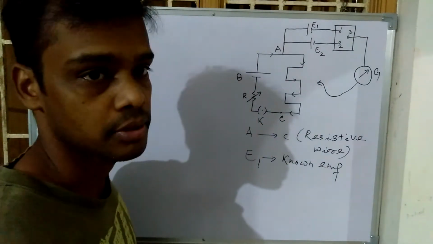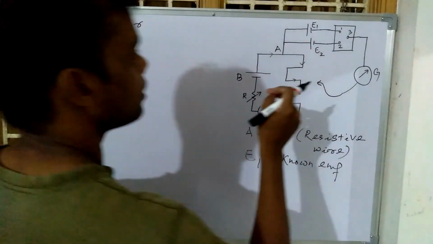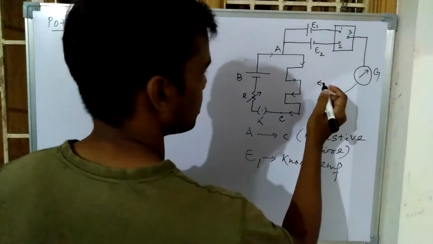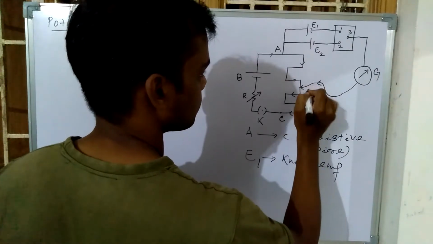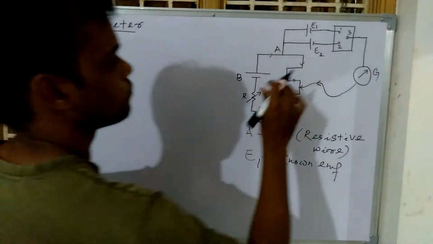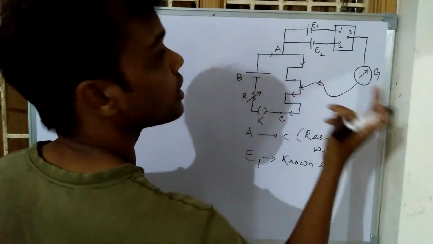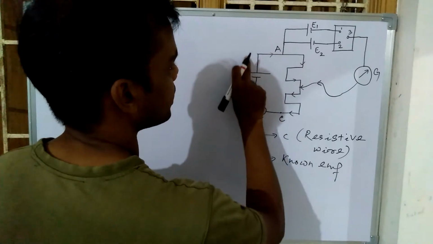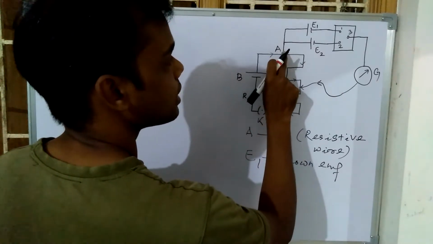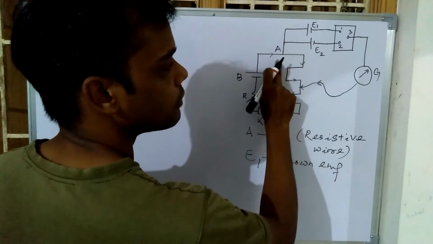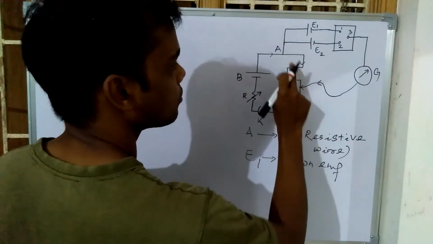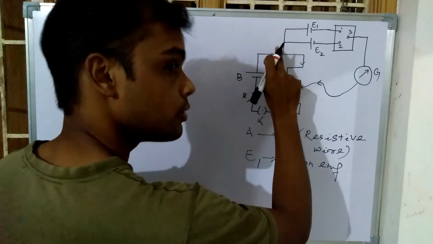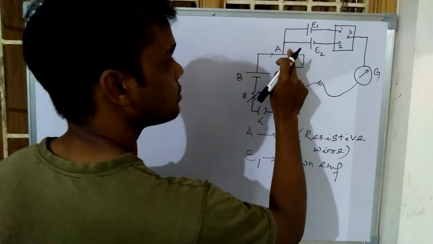But what is the purpose of connecting? I will tell you. First of all, suppose this part is connected here. Then if you connect it, how is the current now flowing? Now we have to look at it. You see current enters here. Initially it was not going in this path, it was going like this. But now if there is some path for the current, then current will definitely flow. Now look how the path is there.